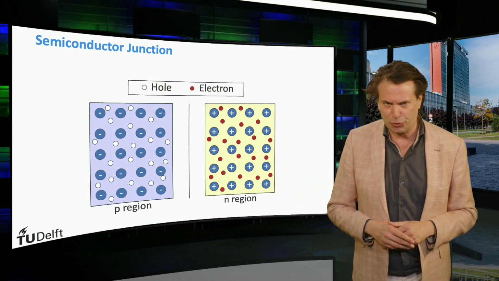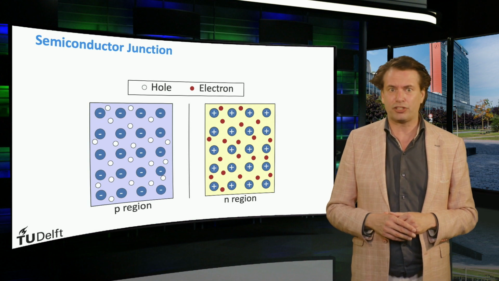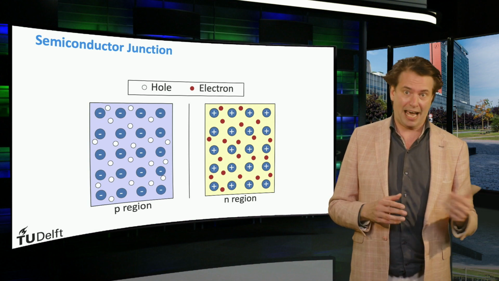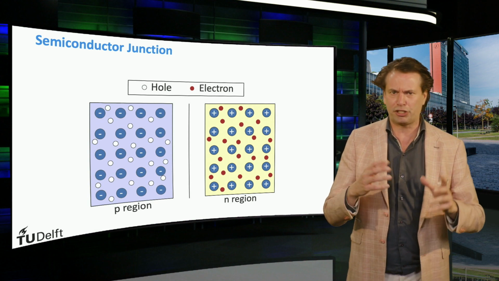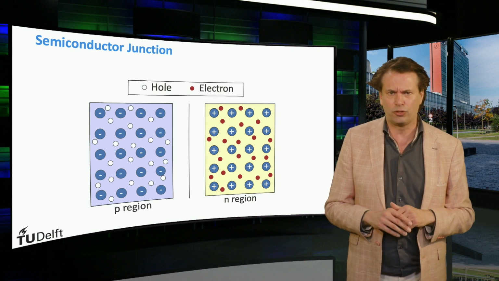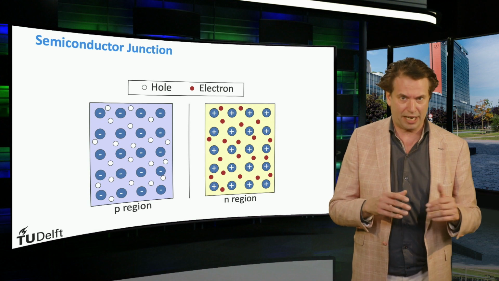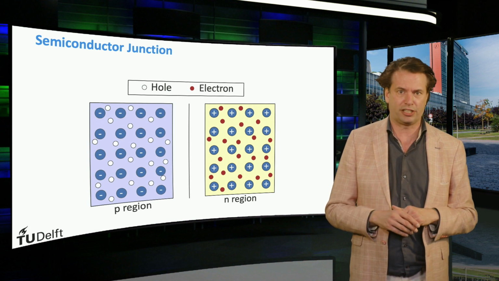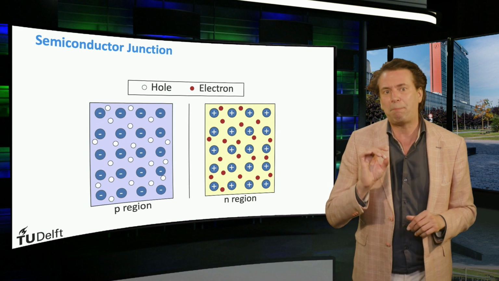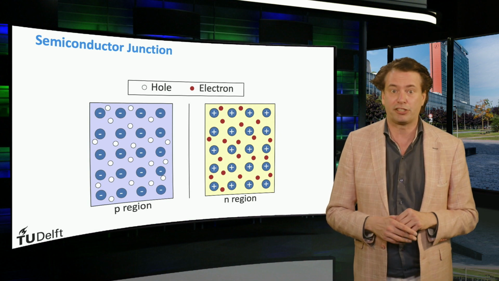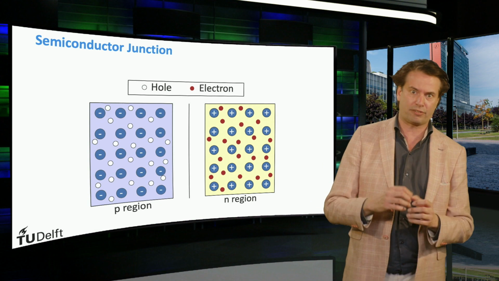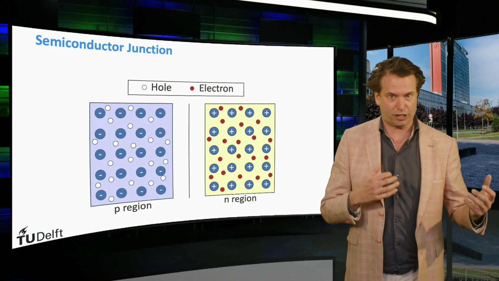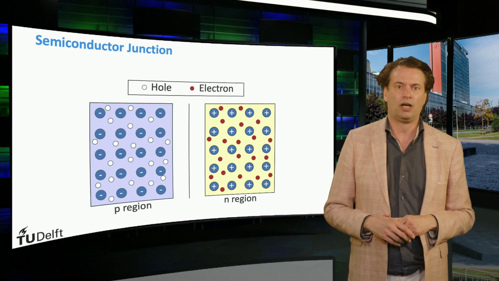We have introduced the fact that semiconductors can be doped N-type and P-type. In the N-type material, the majority charge carriers are the electrons, and the doping atoms that donated an electron are fixed positive charge in the network. In the P-type material, the majority charge carriers are the holes, and the doping atoms that accepted an electron are fixed negative charges in the network.